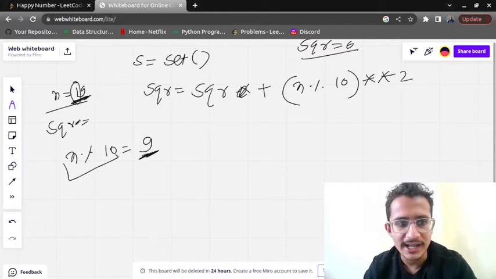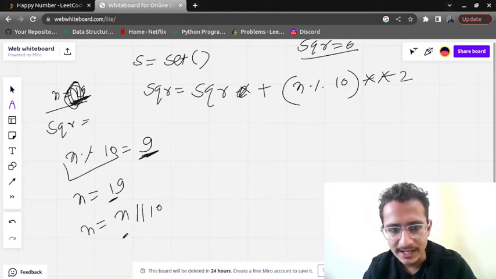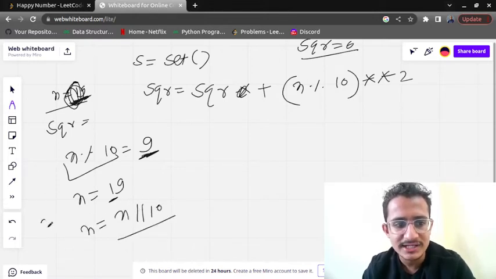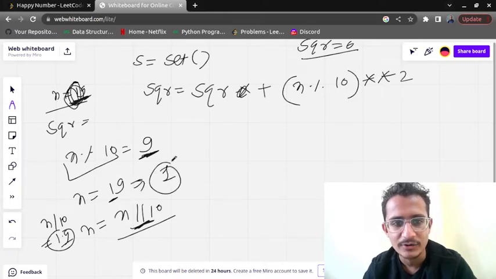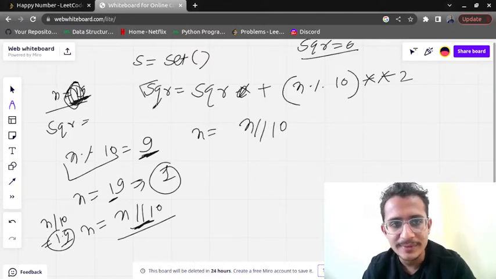Now we have got 9. Now in n we want to add the 1 square; 9 square is added, so n will be n by 10. In Python, if you use n / 10, it will give the value 1.9, but if you use n // 10, it will give the integer result 1. So once this is done, n is equal to n // 10, and this should be in a loop till all the elements are done.